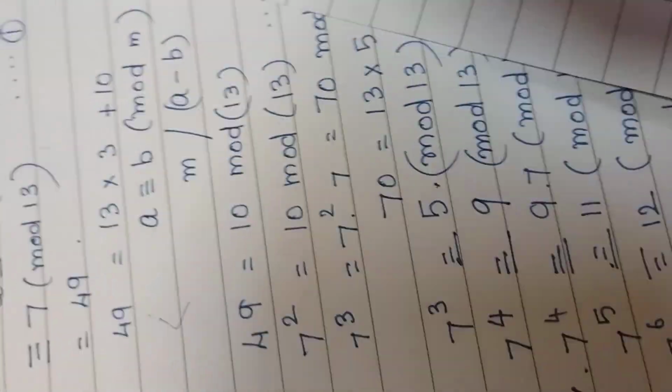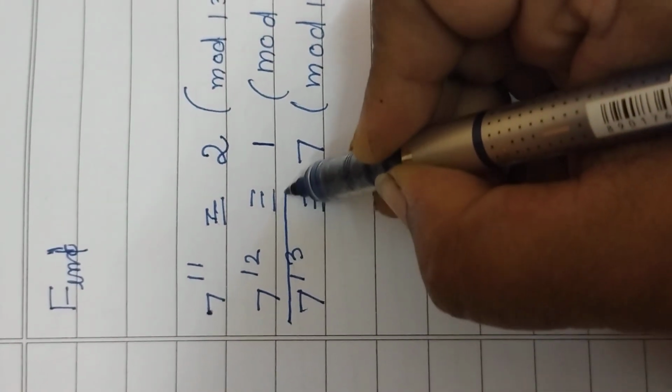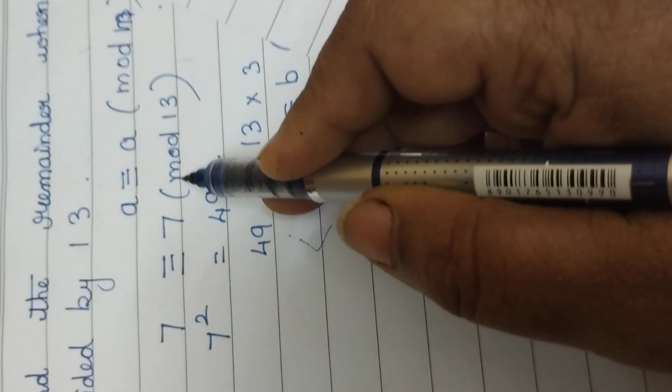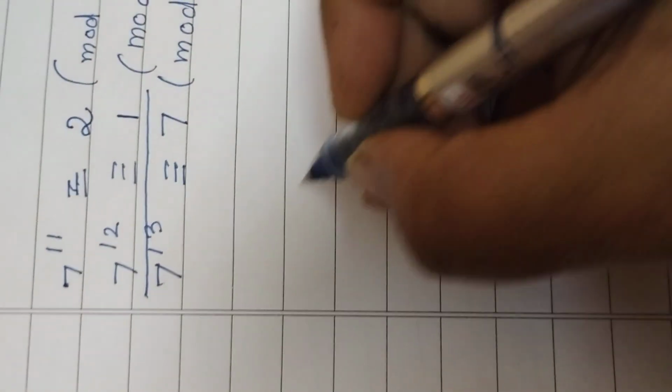So this cycle is going to repeat after 7 power 12. So till here there is no repetition. 7 power 13 is going to be 7 modulo 13, which is the first equation. So after this, the 12th equation, everything is going to be repeated. So what I will be writing is